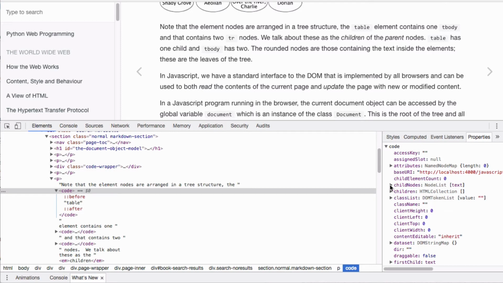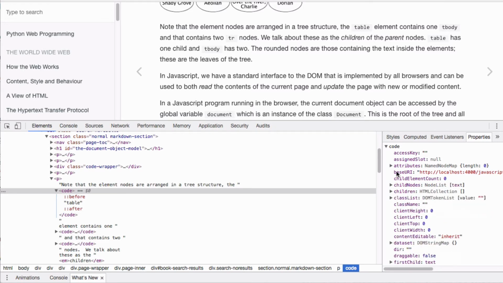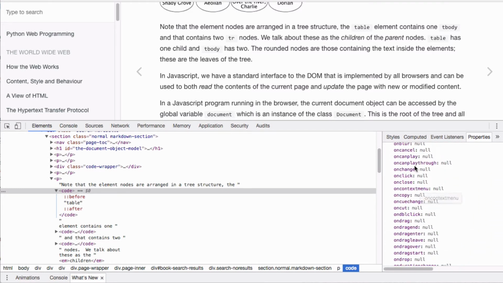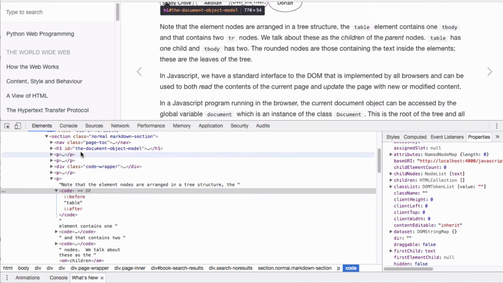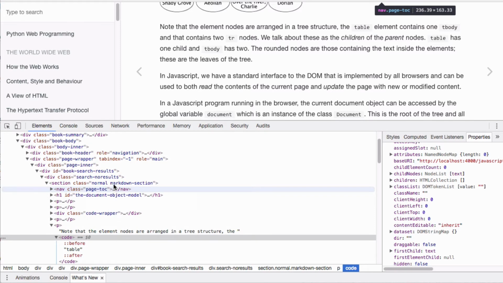So the child nodes there is this one child node, which is a text node, and that text node has the data table in it. So we can see that there. You can see all these different properties of it, the event listeners and things like that. They're all part of this thing. So as we're exploring the elements here, we're exploring the DOM, and we become very familiar with it. Now the other thing that I can do in the developer tools is I can use the console here